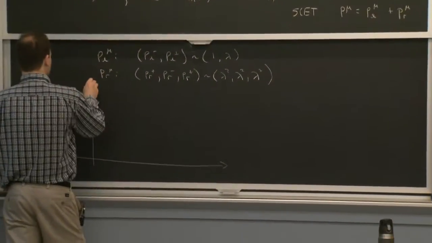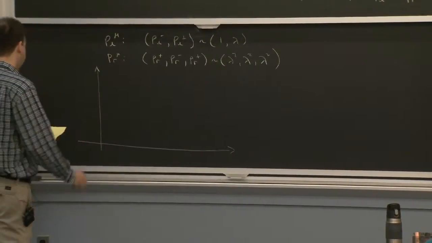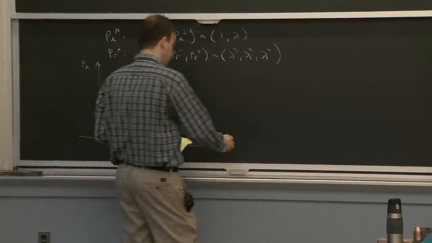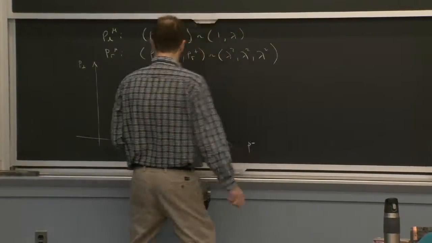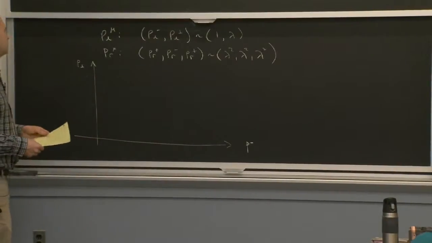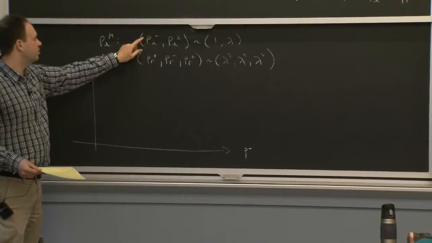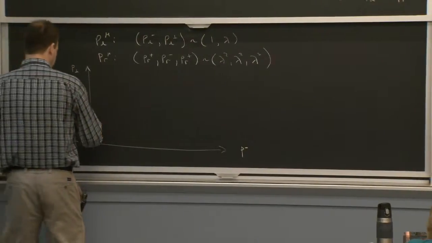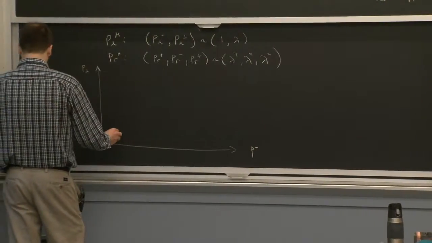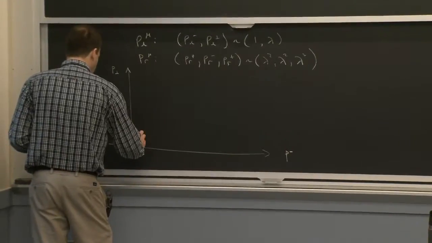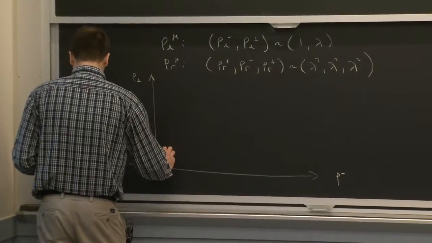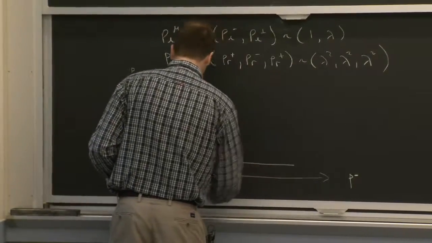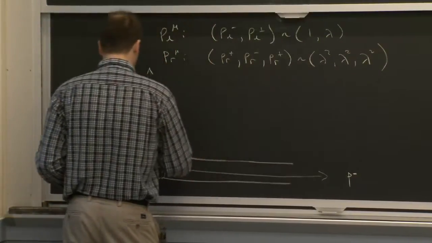How should I think about what I'm doing here? Here's how I want you to think about it. Let's draw a two-dimensional picture in minus-perp space. In plus space, there's no split because there's no plus here. So it's really in the minus and the perp space that we have to make a split. Let's see. All right. So I'm going to draw a grid.